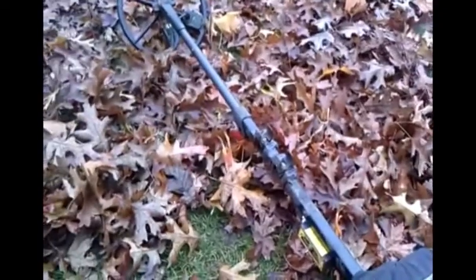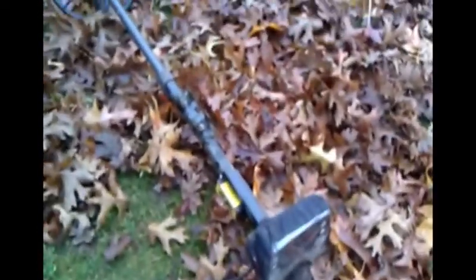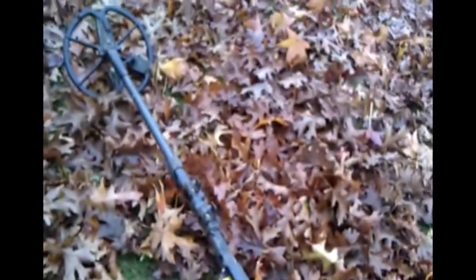Today I got a 1918 wheat, a 1934 wheat, which I didn't actually put on camera, and then a '58 dime. So it's my first silver with E-Trac, and technically I went out yesterday to a park that was pretty hunted out, especially by a deep silver detector, and didn't find much of anything there yesterday except for 2 pennies. So today was my first real long day of hunting, which I've been here for almost 4 hours, and really learning the E-Trac and its sounds, and trying to decipher what is what when I dig it. And I'm using a pretty